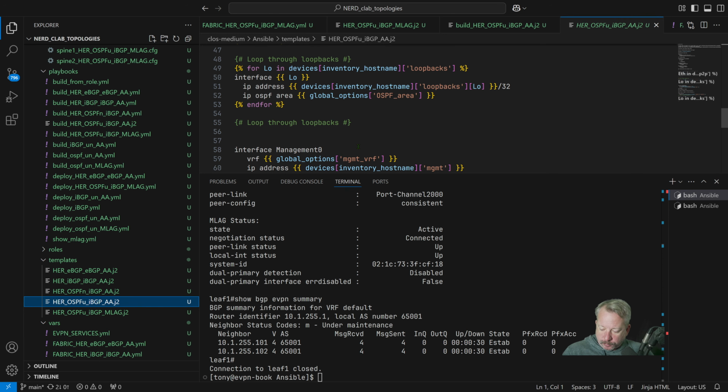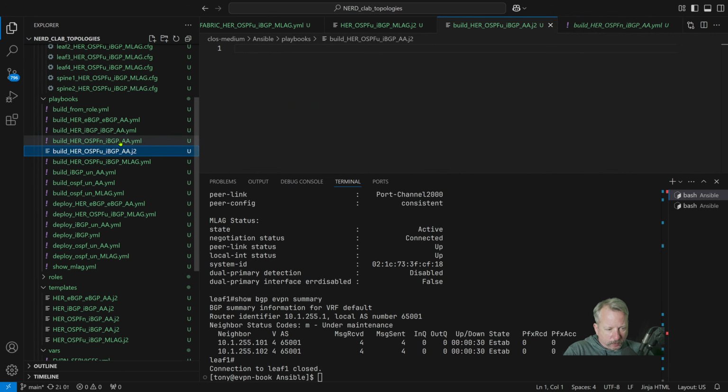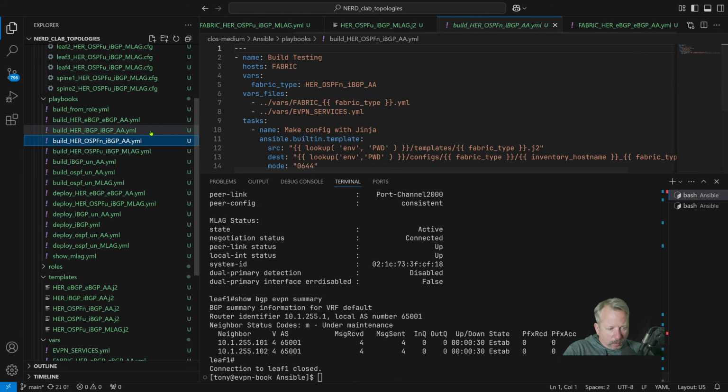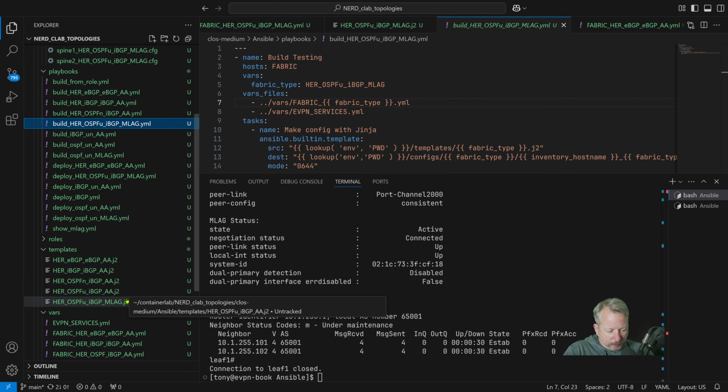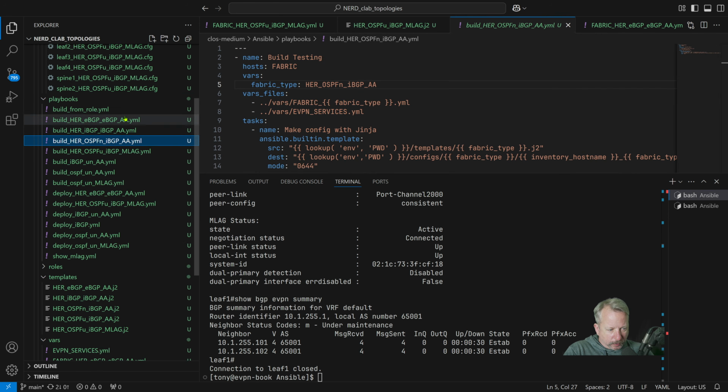Or ASMR. So build, so that's unnumbered, IBGP all active. Oh, what's this one doing here? It's a J2 file, that's the wrong place. So this is OSPF. God, it's easy to get this stuff mixed up. IBGP unnumbered, all active. So I need to